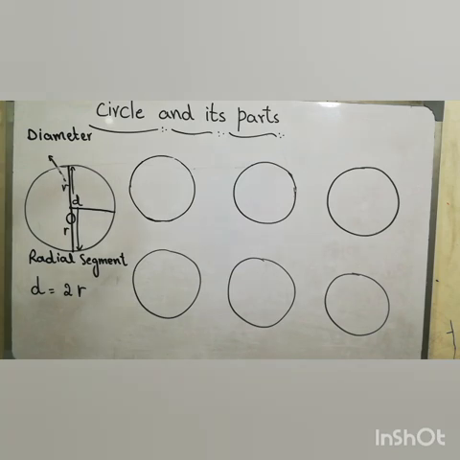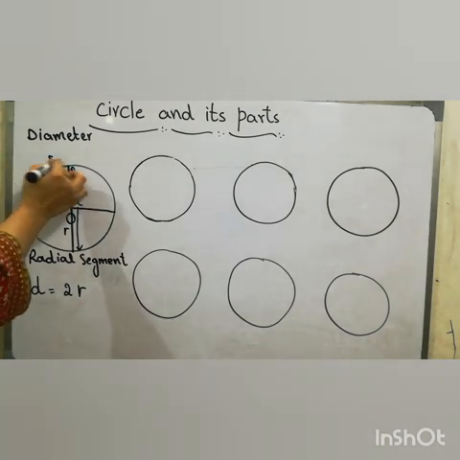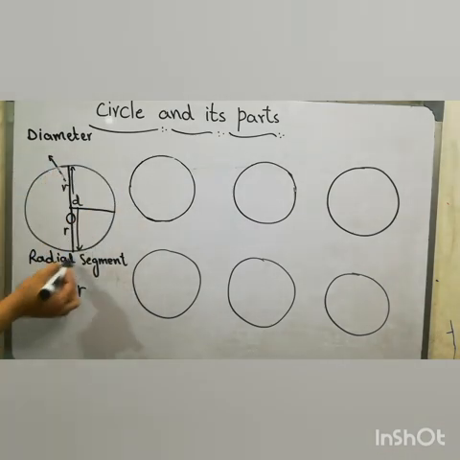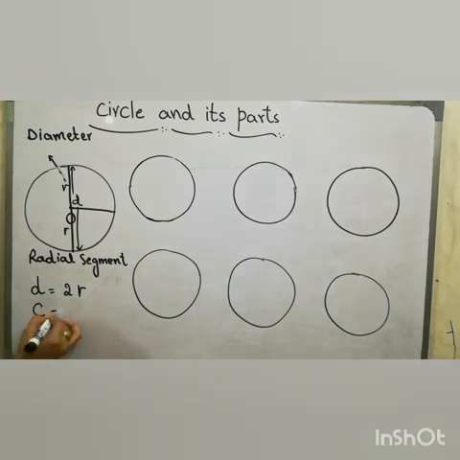Now come towards an arc. What is an arc? An arc of a circle is any portion of its circumference. First of all, we will see what the circumference of the circle is. The circumference of the circle is 2 pi r. If we calculate the boundary of the circle, the perimeter of the circle, the boundary of the circle is known as its circumference. The formula for circumference is 2 pi r, where r is the radius, and pi we already know about, 22 by 7.